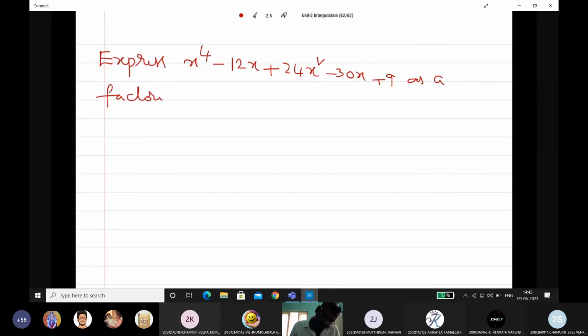Express x power 4 minus 12x plus 24x square minus 30x plus 9 as a factorial polynomial, and hence show that